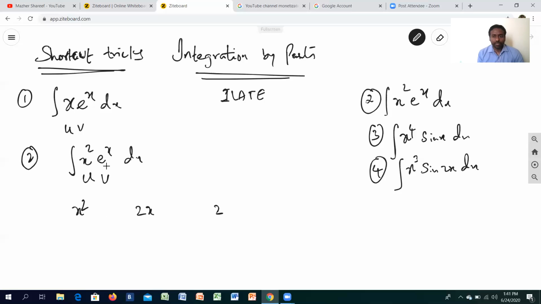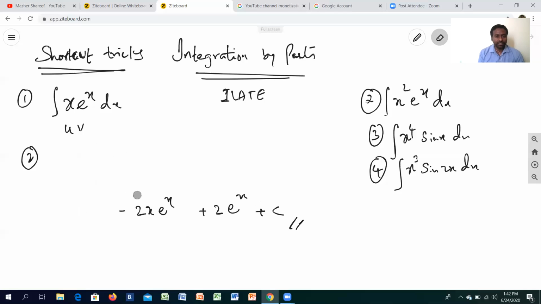Now take the next function, e raised to x, and integrate it. Again e raised to x, it will definitely be the same. Put it like that. And as I told you, the final thing is to put the signs positive, negative, positive, plus c. Isn't it great, students? By this logic and this trick, you can work out questions based on integration by parts and get the result quickly. Let's see what happens if I have a trigonometric ratio along with an algebraic term.